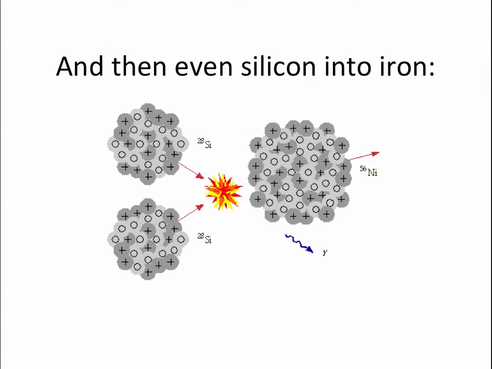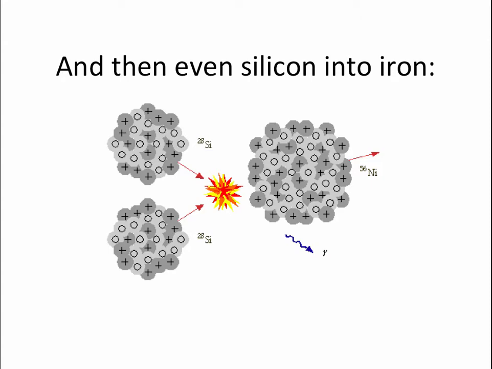These stars will have enough gravity to squeeze this silicon core so that it can begin fusion into nickel and iron. And so silicon combines to make nickel in the core of the star. That releases energy. That can power the star. And this will run until we run out of silicon. So now we have a star that has iron and nickel at its core that can't do any fusion,